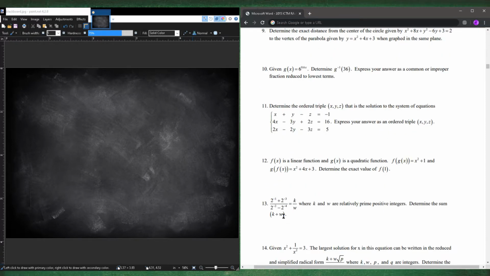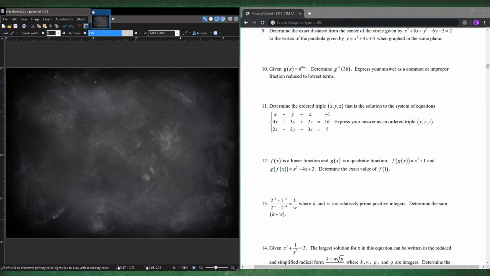Number 11, determine the ordered triple xyz that is a solution to the system of equations. x plus y minus z is equal to negative 1, 4x minus 3y plus 2z is equal to 16, 2x minus 2y minus 3z is equal to 5. So all you have to do, if you have a calculator, as I said before, you just plug it into your calculator as a matrix and then solve it. But if you want to do it by hand,